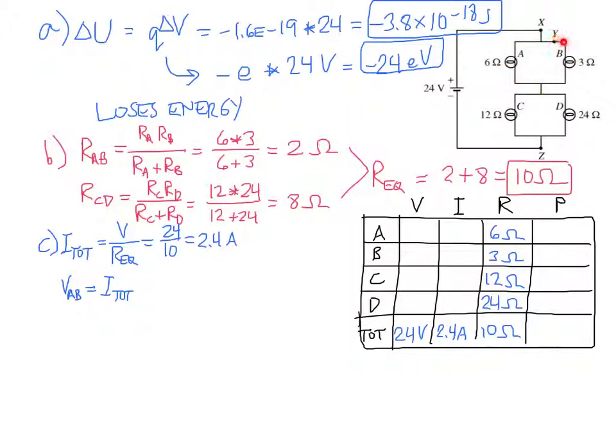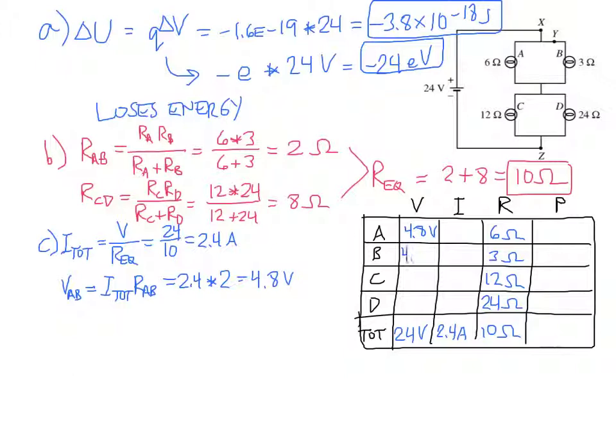Since we're looking at the total voltage across A and B, we're looking at also that total current as it flows through A and B, times the equivalent resistance of just A and B. So that is, the total current was 2.4 amps times the resistance of A and B combined, which was up here, 2 ohms, and 2.4 times 2 is equal to 4.8 volts. So that's the voltage across resistor A